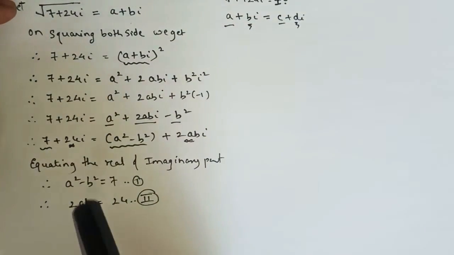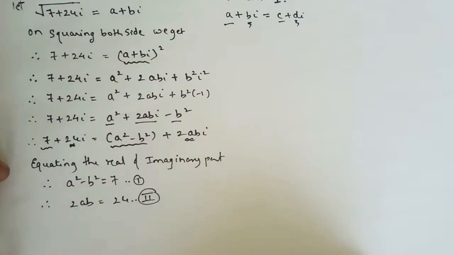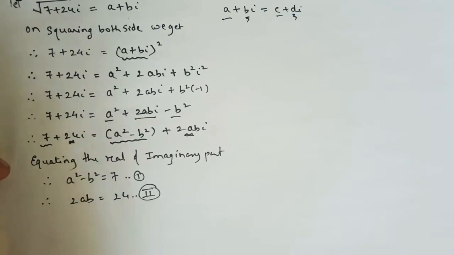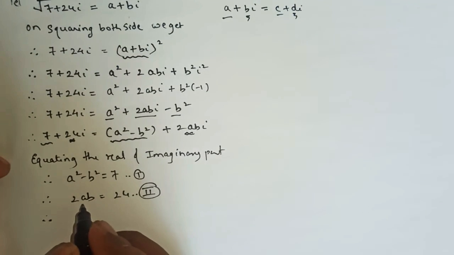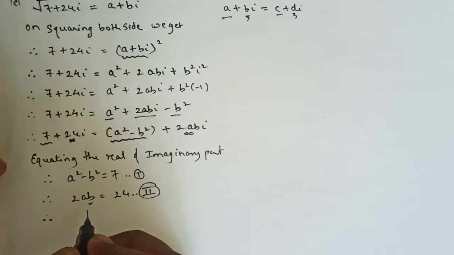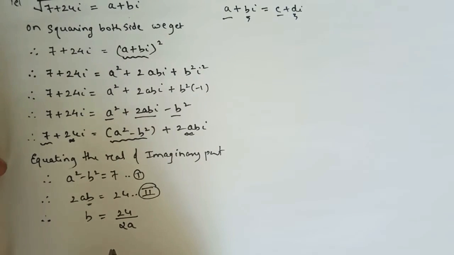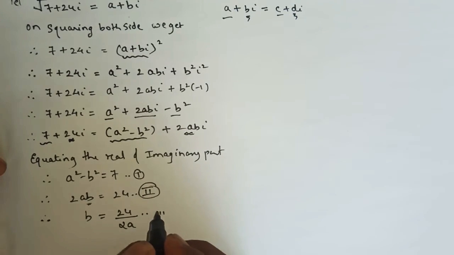So now what exactly do we have to do whenever we have one quadratic form and one linear form like this, a product of these two alphabets? We'll prepare one value here. Either you prepare the value of a or b, it is up to you. Here I will prepare the value of b, so I will keep b as it is and shift this 2a down to the right hand side. I will give this equation as equation number 3.